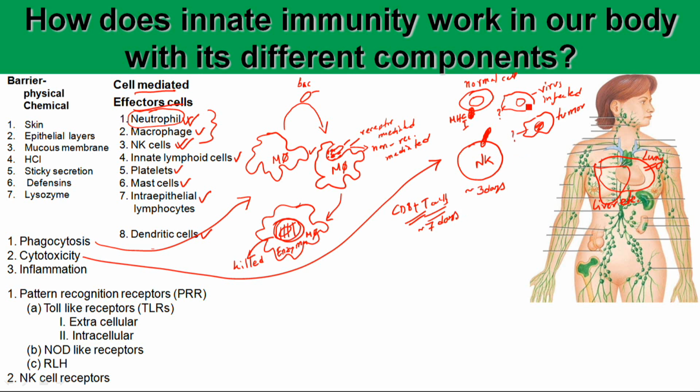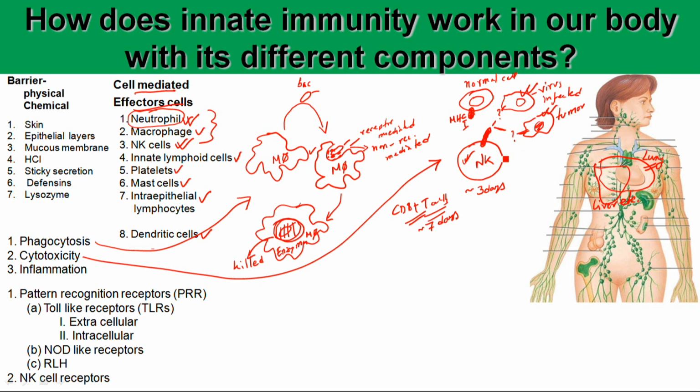So here is the simplest way of how cytotoxicity can kill the infected cell. These are the NK cells, and this is our virally infected cell, or a cell that has turned into a tumor cell inside of our body. They do not have the MHC1 molecule. So this NK cell can detect through its receptor that these cells are missing the